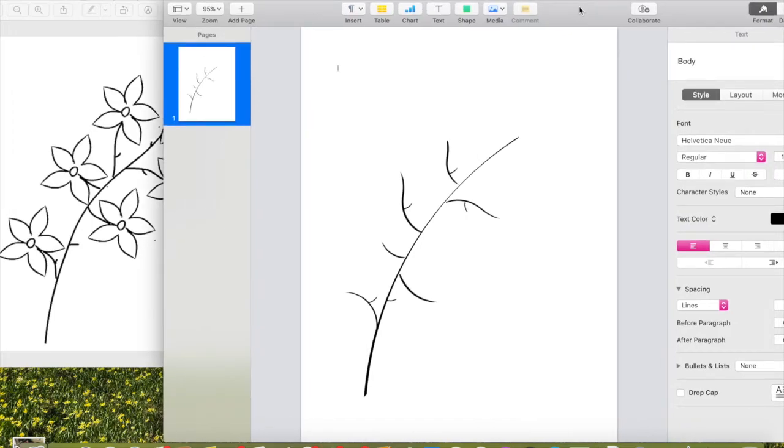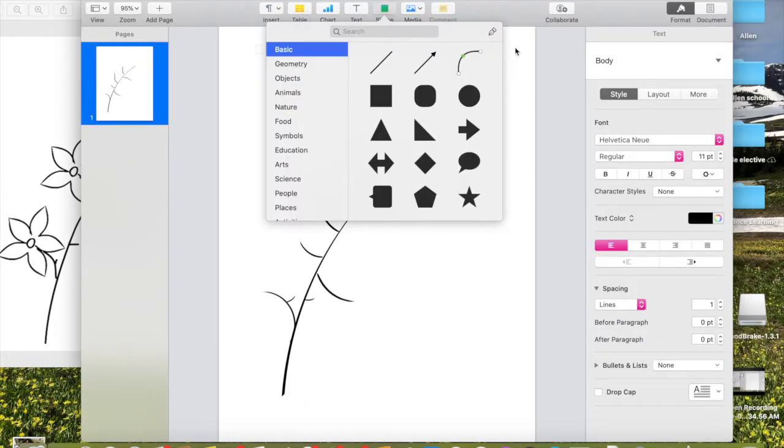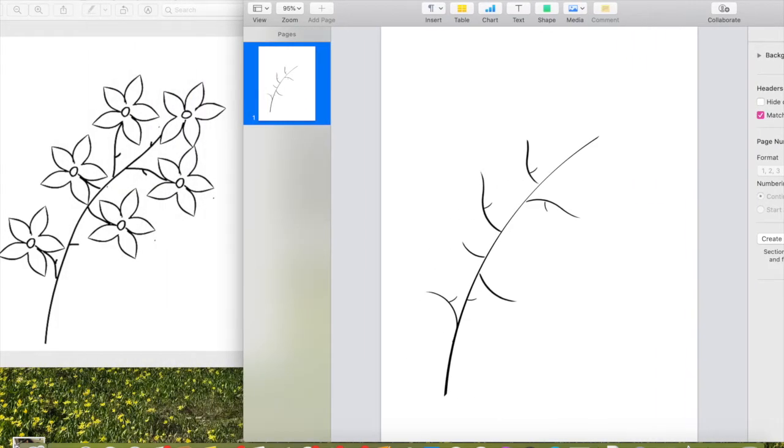So I'm going to go to my shape tool, and then I am going to get my pen tool and start creating my flower petals. Now I think the easiest way to do this is to draw a line down. It's half of my first flower petal. Then I'm going to start my next one. Draw a line up, straight line, bend it, draw a line down, bend it,